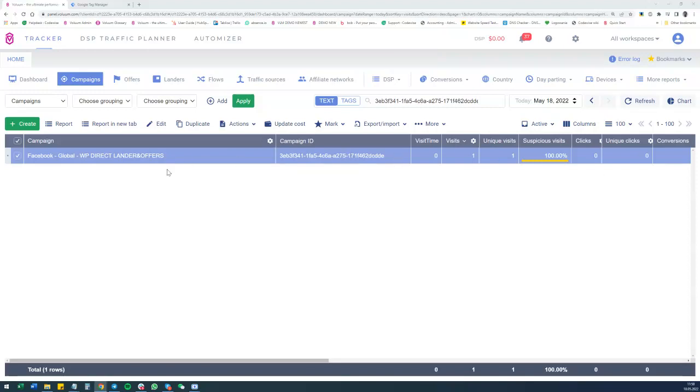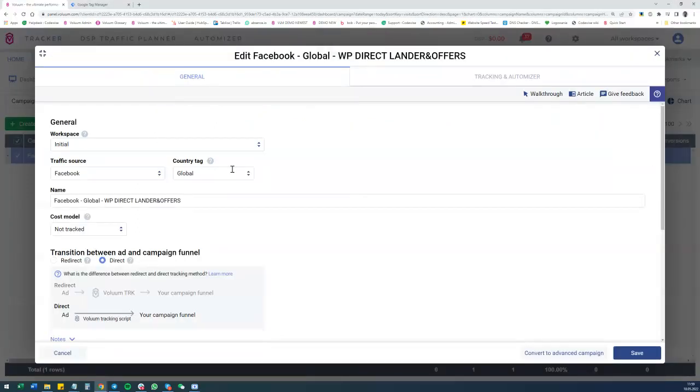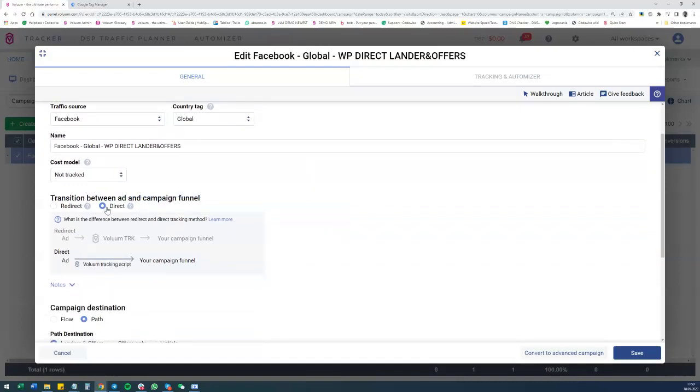Hello, today I would like to show you another edge case on how to capture a click ID value in case of direct campaigns with landers and offers, but when we want to record a conversion on the lander level. As you probably already know, and as I've mentioned in the previous video, in case of direct campaigns,